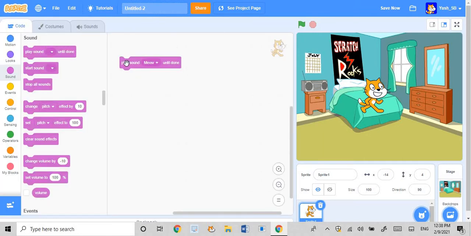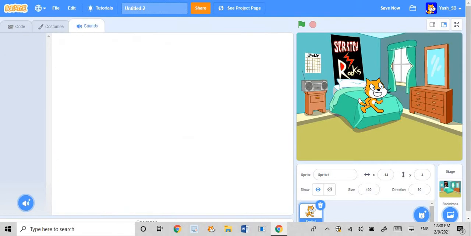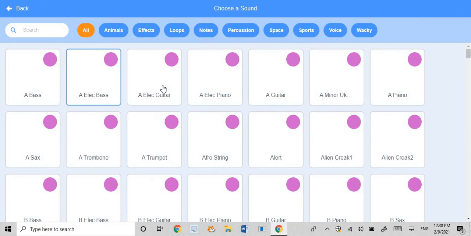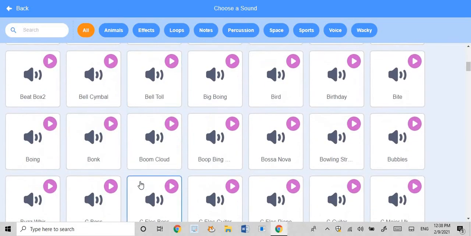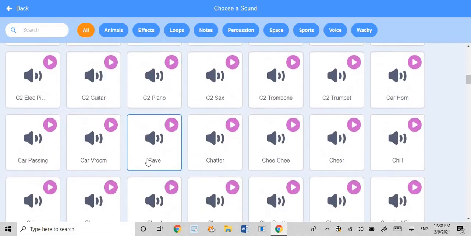Okay, so as I was saying, I'm going to click this, and right now you can see that this is not working for some reason. Let me check. Oh yeah, that's because I deleted the sound. So I'll go ahead and choose a good sound. I like the cave the best.